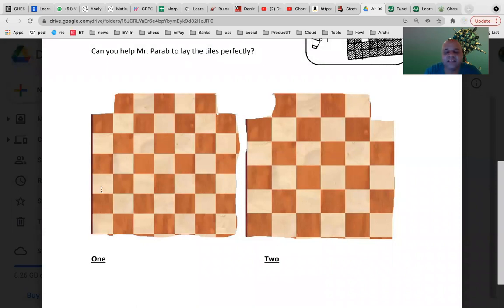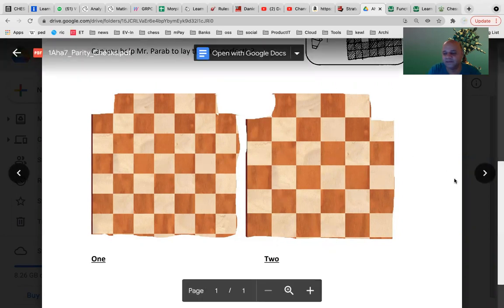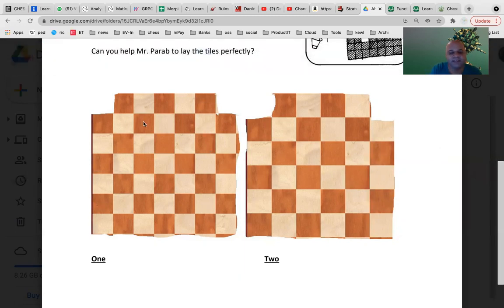Now, what does your tile do? Your tile will always cover 1 dark square and 1 light square, no matter how you lay it, horizontally or vertically, whichever way. Right? Everybody agrees? Anybody has any doubt? Okay. So now, in this 7 by 6 plus this 5, whatever is there, you count the total number of dark squares and the total number of light squares. Ignore the bottommost row and count it.